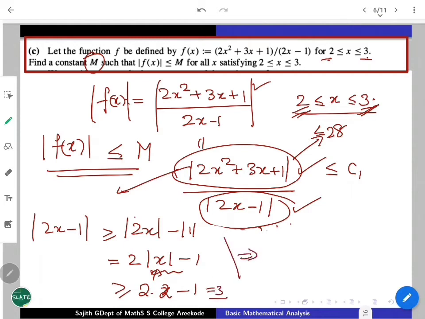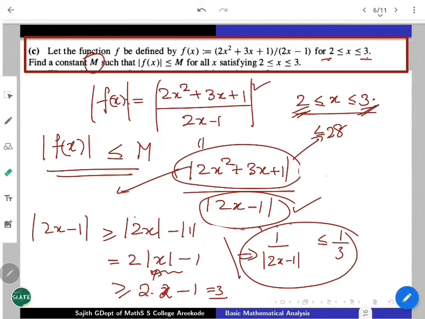But that is actually the denominator I'm dealing with. So I can look for reciprocals now. A is greater than or equal to b now. So for 1 by a, what I'm going to get is 1 by mod 2x minus 1, if I'm looking at, right? That is going to be less than or equal to 1 by 3. These two things, I can push it here. So what will happen here?